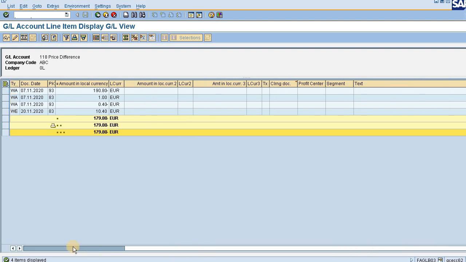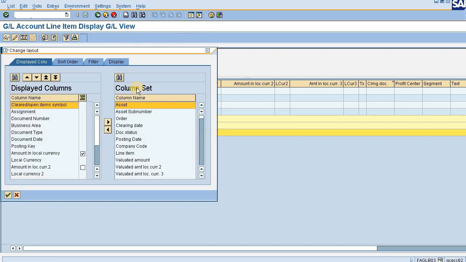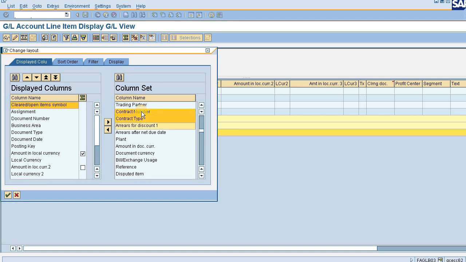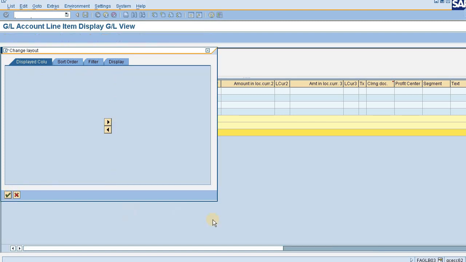Now again, if these columns are not sufficient for me, then I can go here and choose the fields which I want to check, and I can press this button so that these can be pulled out here.